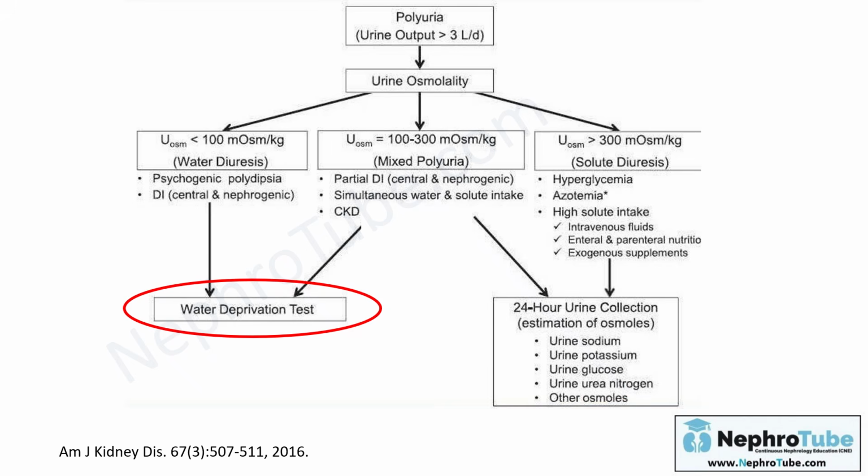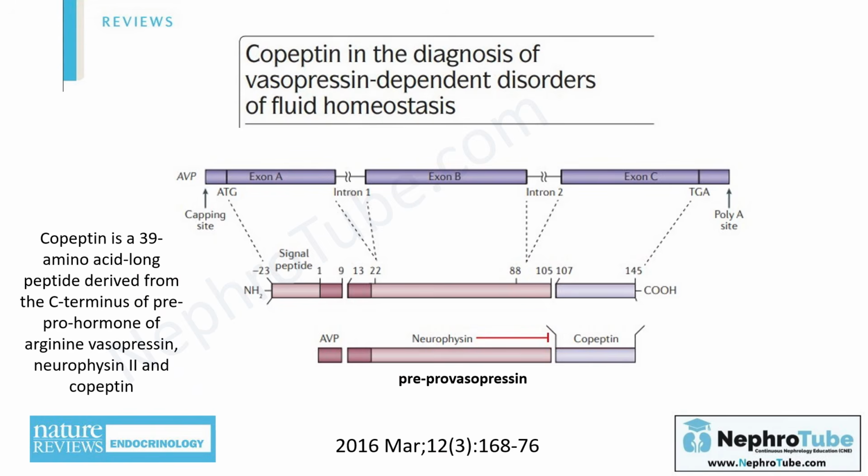So the water deprivation test is mandatory, but I have to mention rapidly that there is evidence for now that copeptin can be used in the diagnosis of diabetes insipidus. I know that it is not available in many countries, as in Egypt. We don't have options to measure copeptin, but I just have to announce that copeptin is a 39 amino acid long peptide